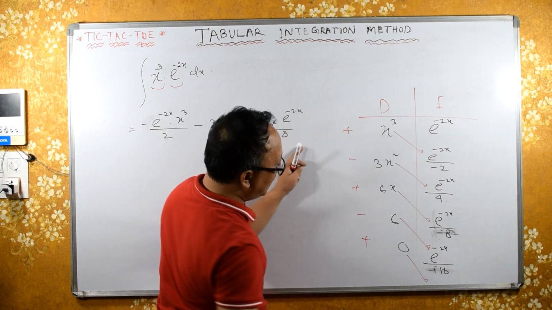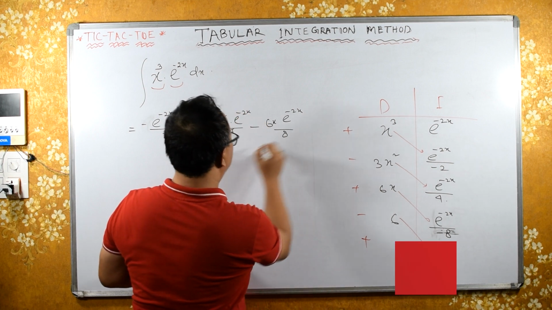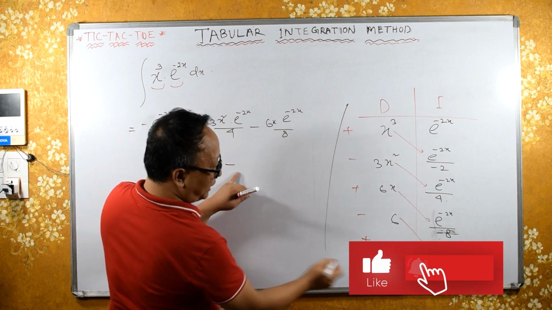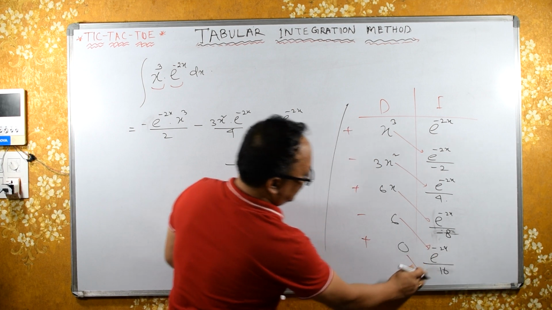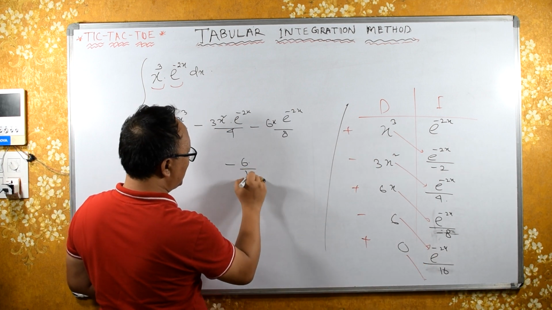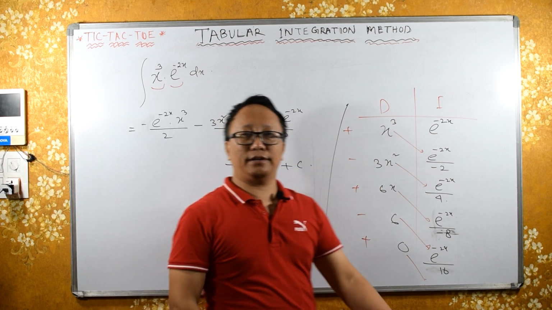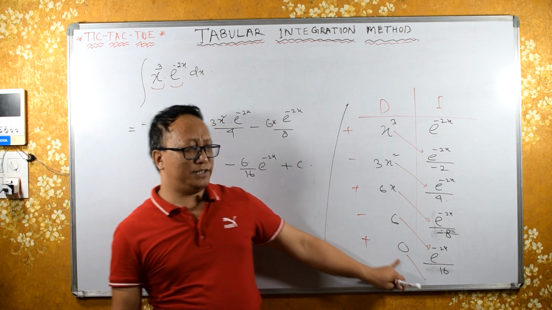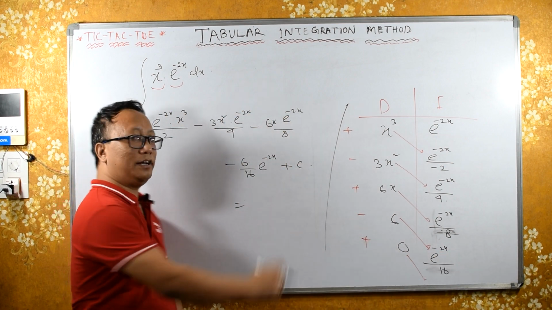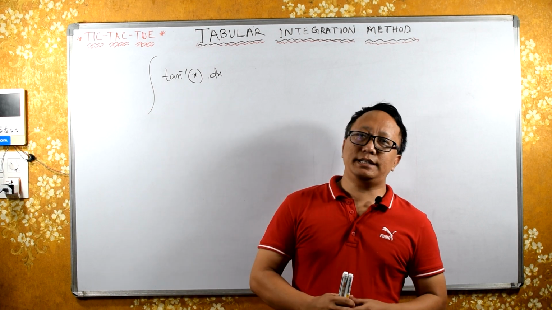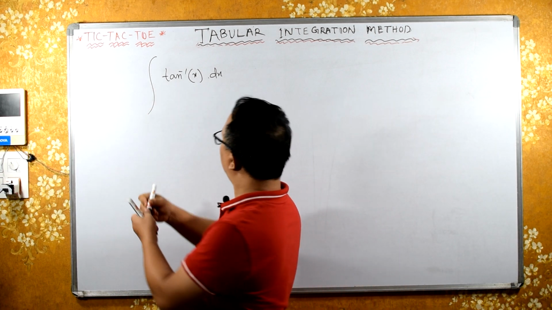And then last here we have minus. Here we have minus 6 into, we have here plus 16, so 6 upon 16 e raised to minus 2x plus some constant of integration. Now 0 into anything is 0, so you don't have to write anything over here, and this is the required answer. Now this integral tan inverse x, instead of x I will write tan